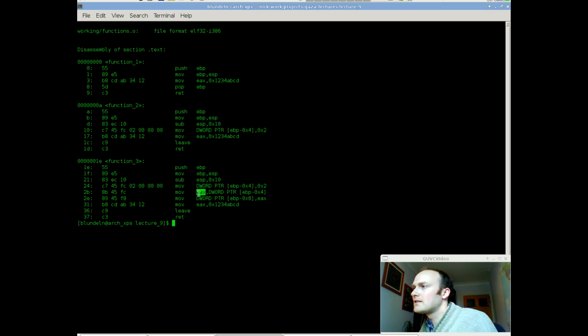And it's moving them into EAX, which is a register, and then it's taking EAX and copying that into this position on the stack, which is 4 bytes below the other variable. So we see here that it's referencing 2 variables on the local stack, x and y, and it's taking the value of x. Is that what I called it, x? Yeah. It's taking the value of x and storing it in EAX just temporarily, and then it's moving it from EAX